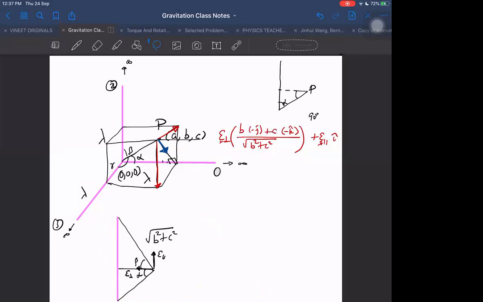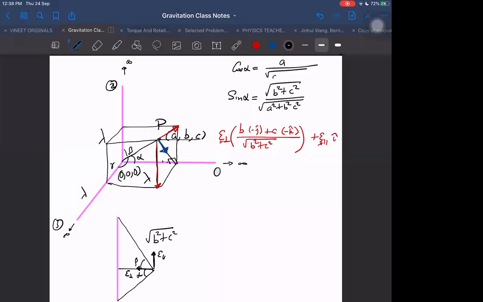Yes, sir. Can you do it now? Sir, here for alpha, directly sin alpha is this perpendicular distance, right? Sin alpha is root over B square plus C square, divided by root over A square plus B square plus C square. Yes, obviously, we can do that. Yes, sir. We will also get cos alpha by direction cosines, A by root over A square plus B square plus C square. That is also correct. Both work, they are just different ways.